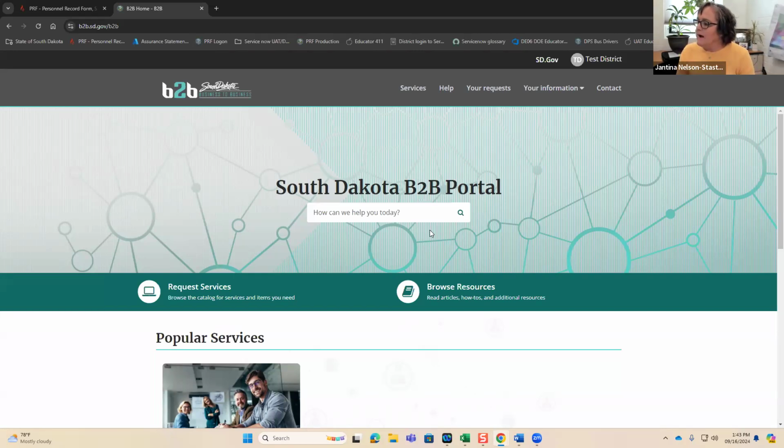Now we will show you how you can give one of your coworkers access to your district's portal to enter information. Or if you have someone that left employment and you need to disable someone's account, we will show you how to do that as well. Note, you will only be able to do this if you are the primary contact.